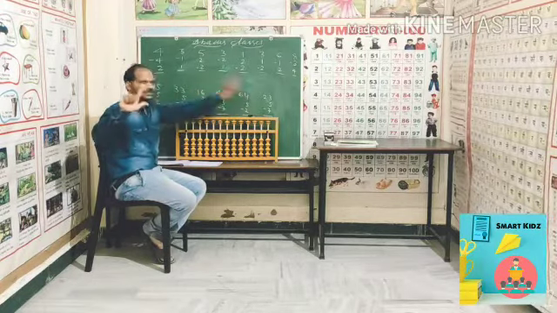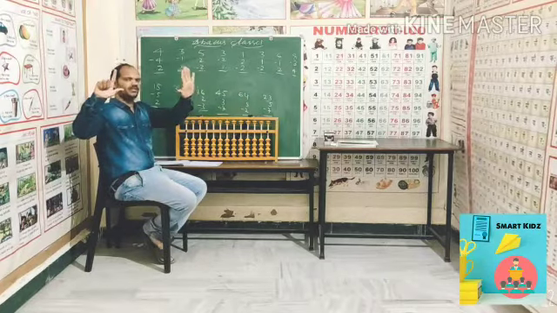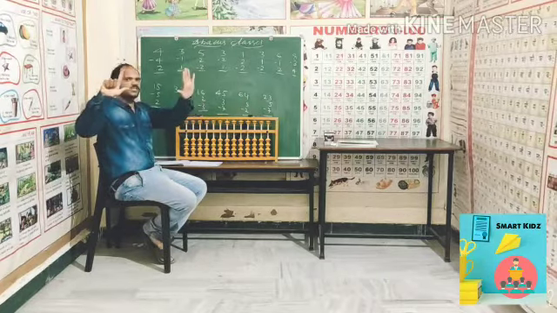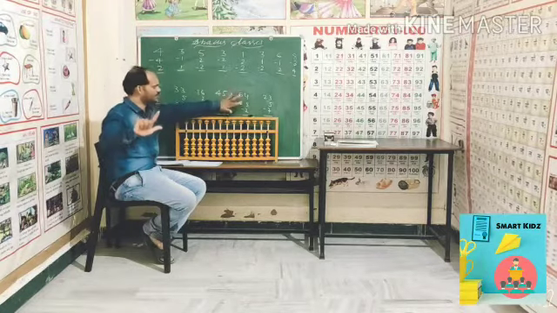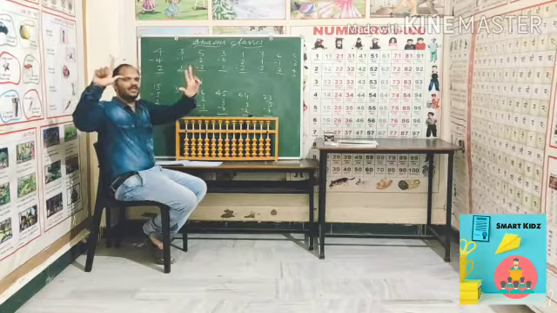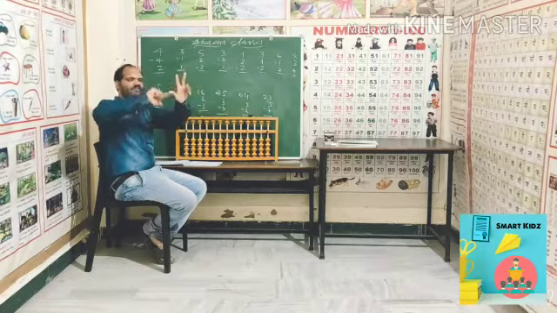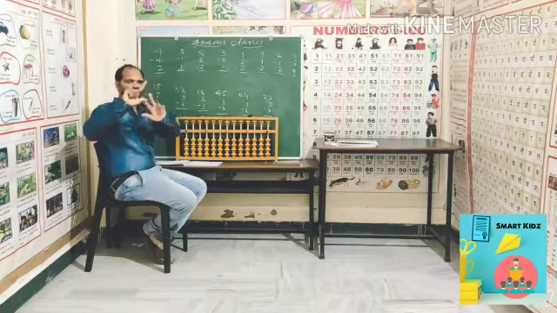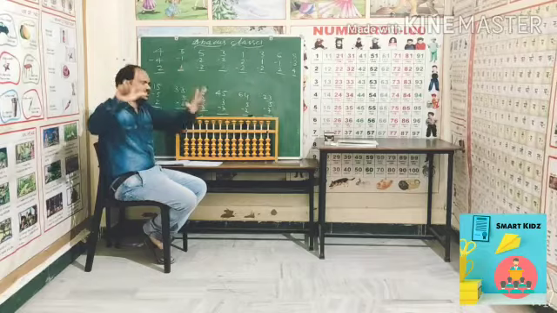Saying to add 5. So on the left hand you have the thumb that you have to open, that is equal to 5. So now you can see your answer is 69. And he is saying to minus 2. So you will minus 2 on the left hand. Now you can see your answer here: 5 and 1, 2, 7. 50 and 10 means 60. So now your answer is 60.